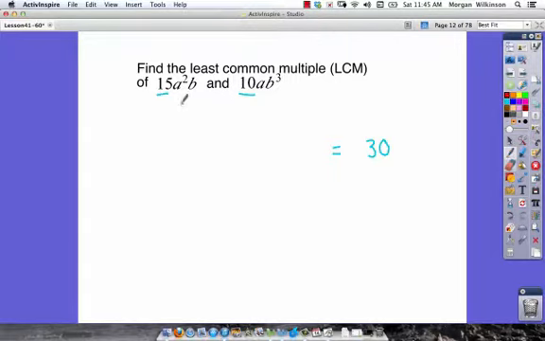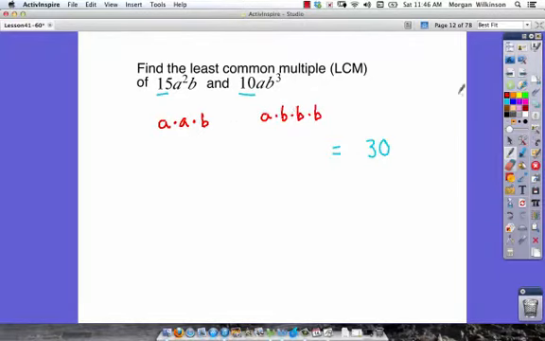Now the way that we find the least common multiple of our variables is to list them out. A squared is just a times a, and then we have a times b. A times b to the third, so that's b times b times b. Now to find the least common multiple of our variables, we pick where it happens the most. So we can see the least common multiple of a squared and a must be a squared because it happens